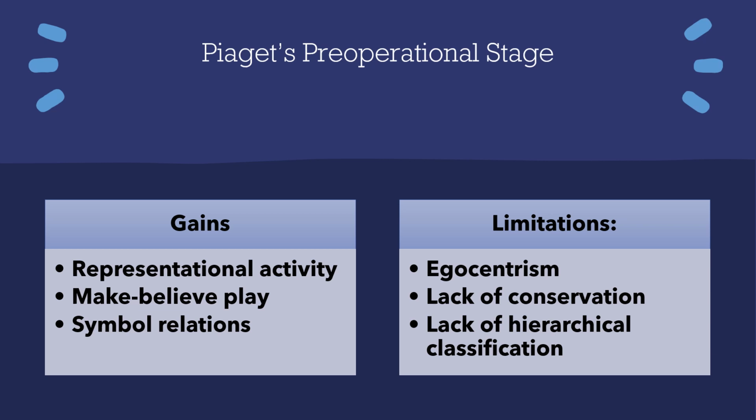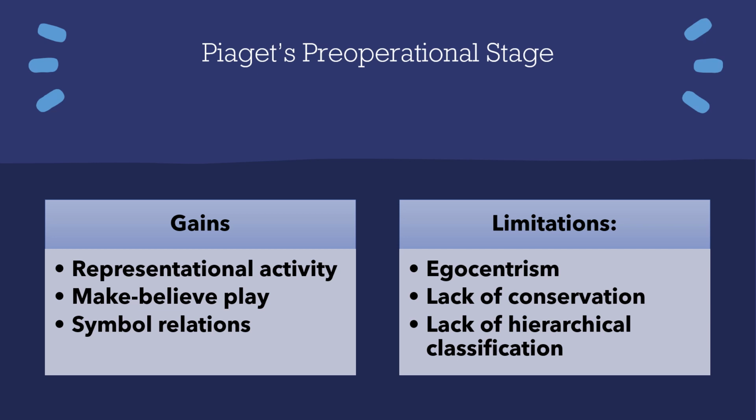One of them is called egocentrism, which is kind of this belief that children often have that whatever they feel and whatever they think and whatever they believe is what everyone else thinks and feels and believes. So children sometimes have a hard time, essentially, with empathy. They have a hard time putting themselves in another person's perspective and understanding that other people can think differently than themselves. And sometimes that egocentrism extends not just to other people, but also to animals and objects.